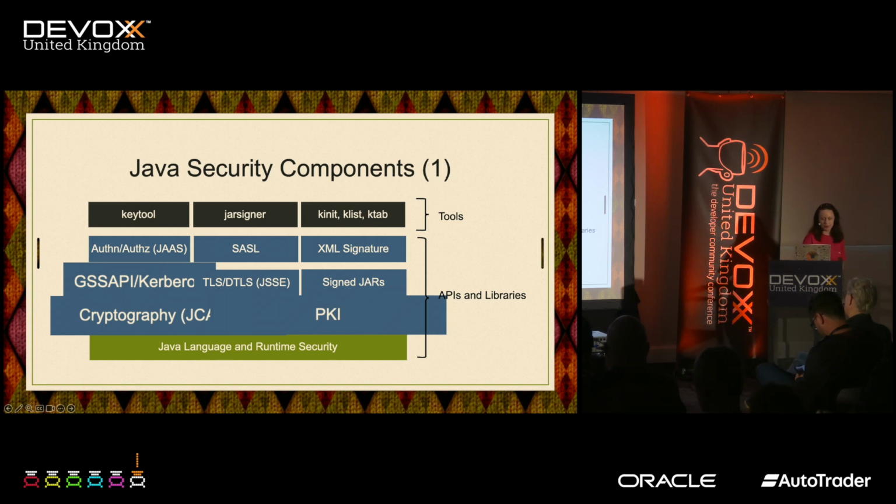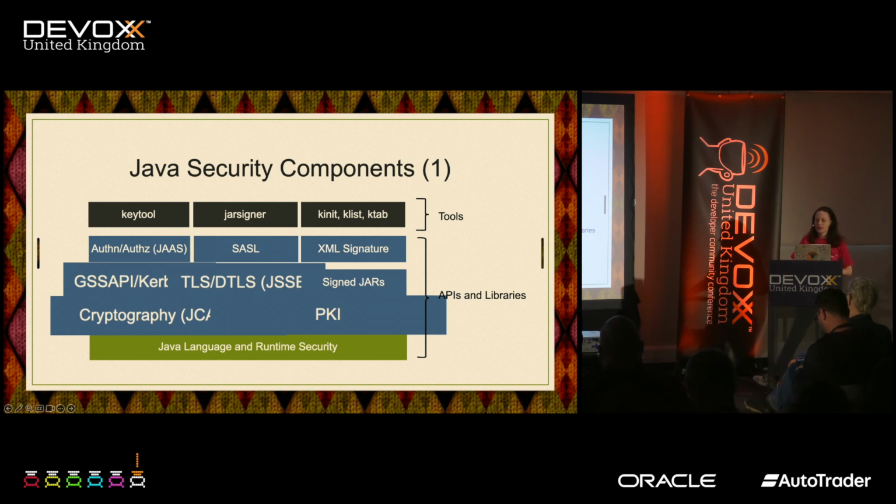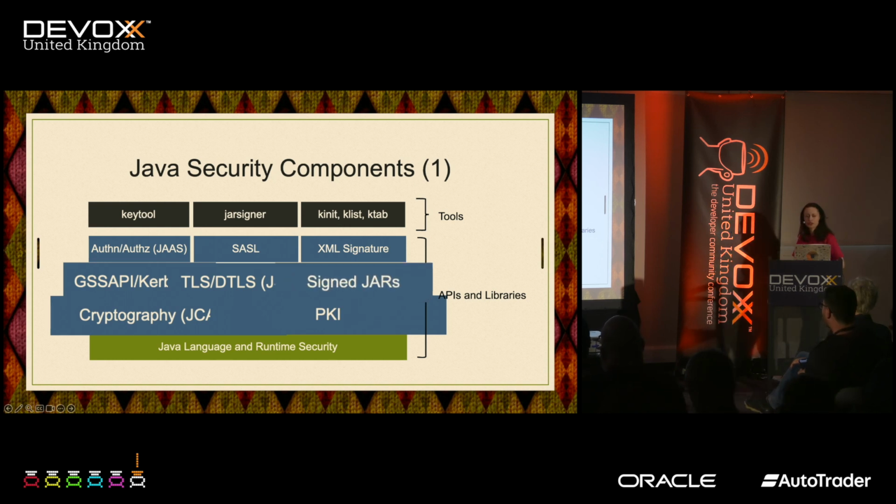That's what GSSAPI means. And the JDK contains an implementation of GSSAPI, which uses Kerberos. Of course, we probably know about TLS already, the Transport Layer Security component, and that we also have APIs for dealing with TLS as well. And a very important part, signed jars, because they allow us to apply a digital signature to our jar files to provide data integrity and authenticity of what we're actually building.